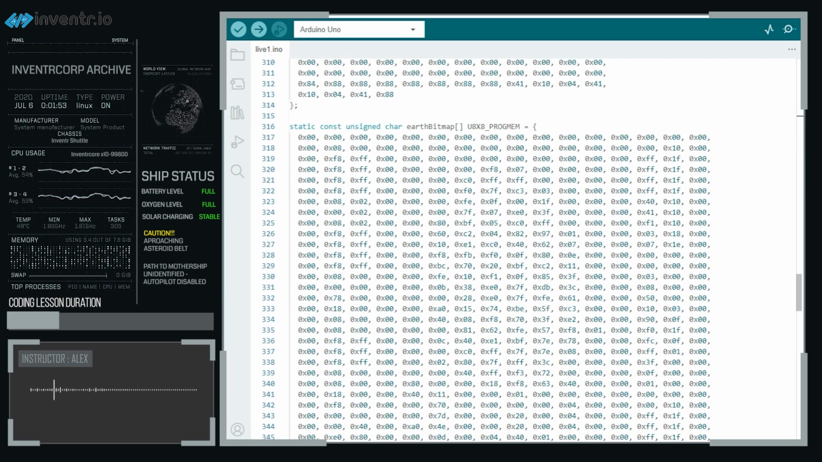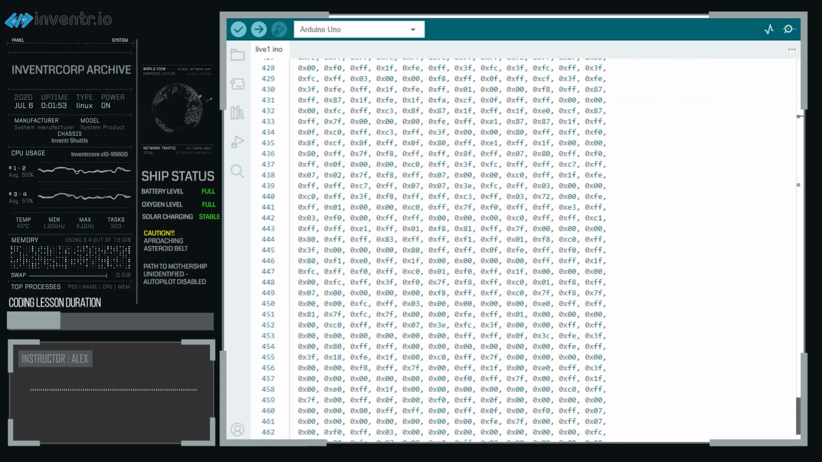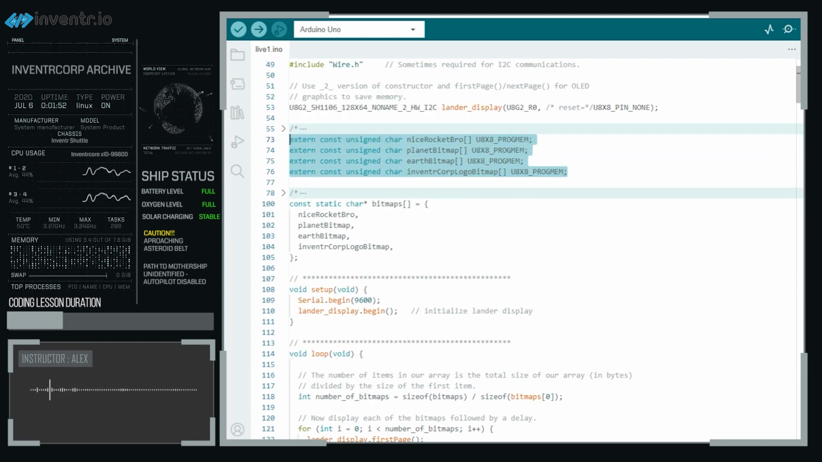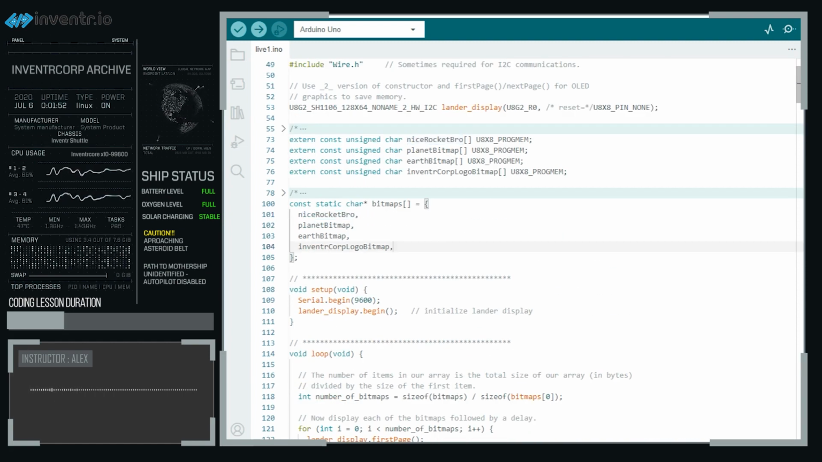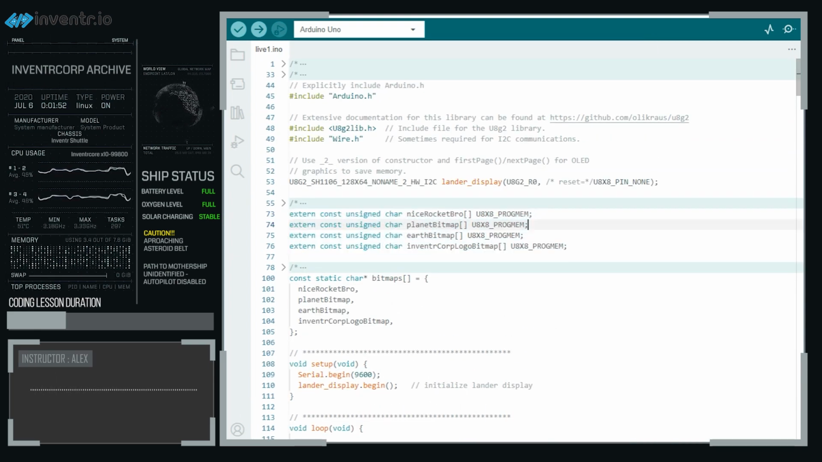and we have one for the Unearth, and then we also have one for the Inventor Corp logo. And we did all of that down there. But if we didn't have this up here, we'd get an error from the compiler saying, I don't know where this is, if we try to call it somewhere else down here in the code and try to put it on the display. The reason why is because these need to be, for compiler reasons, defined before it gets called